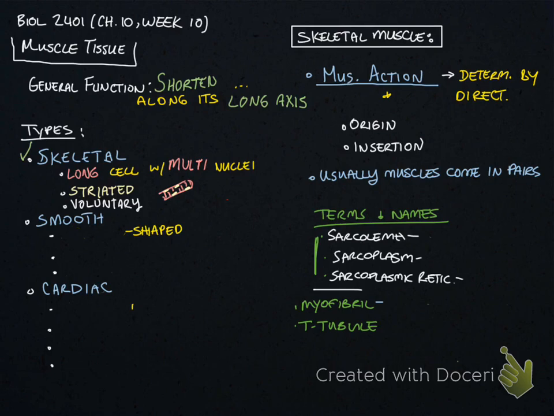Whereas a smooth muscle cell looks sort of like this. It's spindle shaped. It has one nucleus per cell. It is non-striated, meaning we do not see these stripes. And it is involuntary, meaning we do not think to contract a smooth muscle cell. So we would have these in places like around our digestive tract and